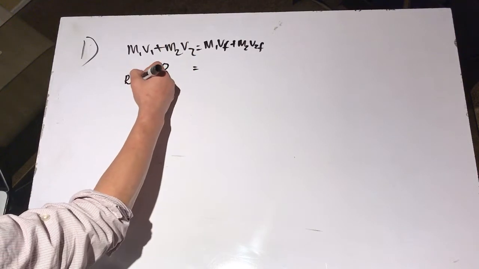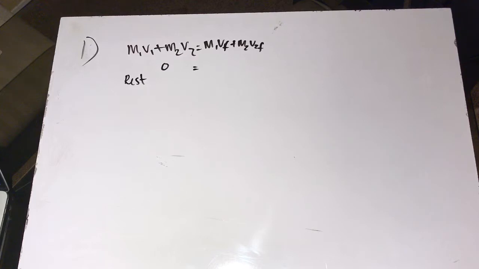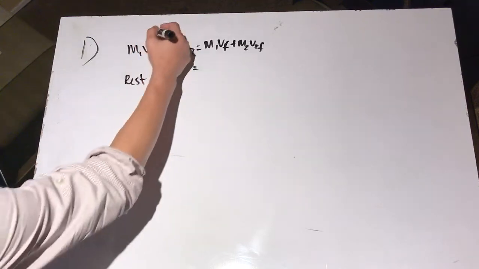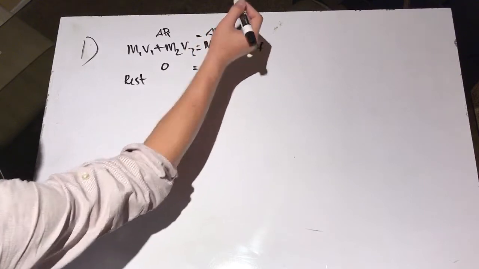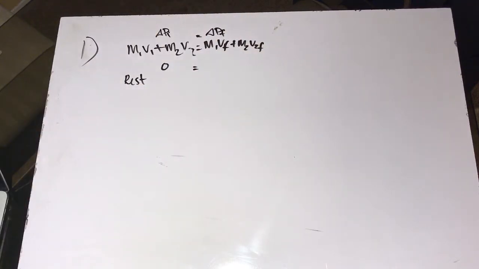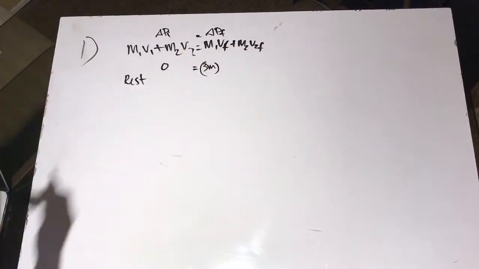So it says the system is initially at rest on a frictionless surface, so it doesn't matter what it is. So the total momentum on the left hand side should be 0. Pi is equal to Pf. But then they said that the mass m1 is equal to 3m, so I'm just going to go ahead and label 3m, final velocity